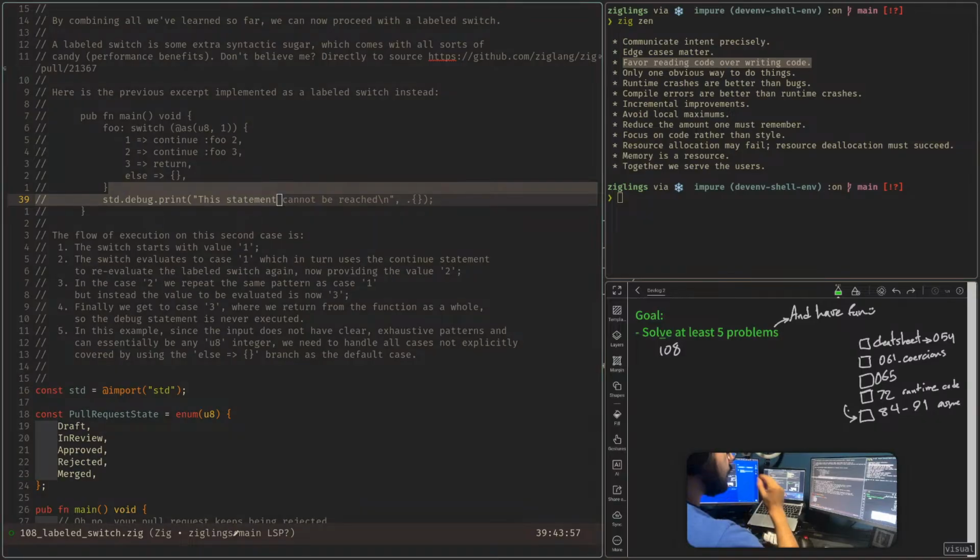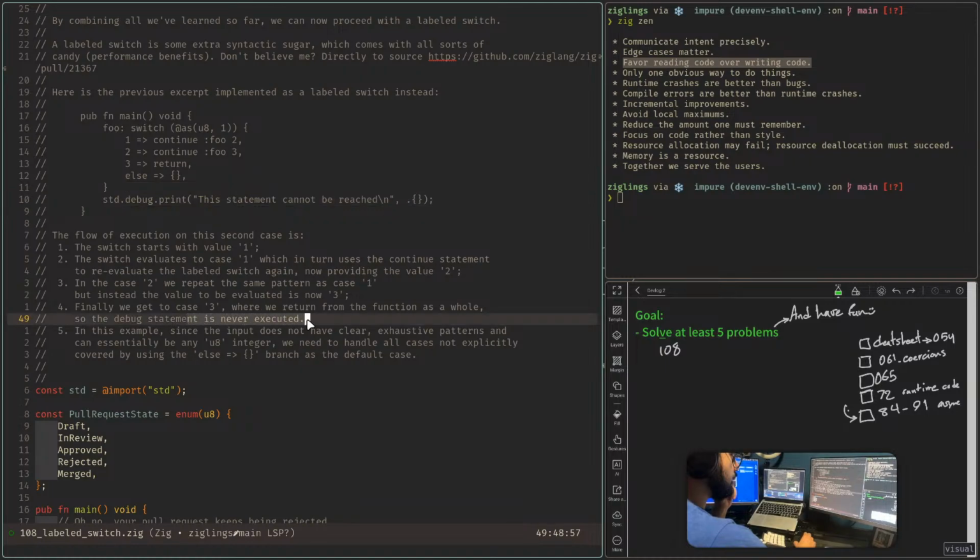In case 2, we repeat the same pattern as case 1, but instead the value to be evaluated is now 3. Finally, we get to case 3, where we return from the function as a whole, so the debug statement is never executed. In this example, since the input doesn't have clear exhaustive patterns and can essentially be any u8 integer, we need to handle all cases not explicitly covered by, yeah,